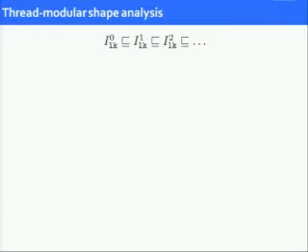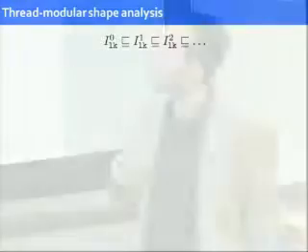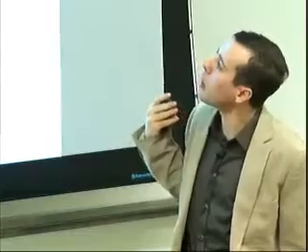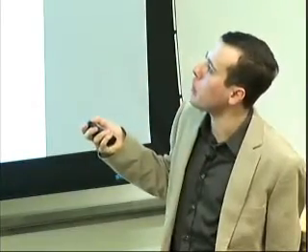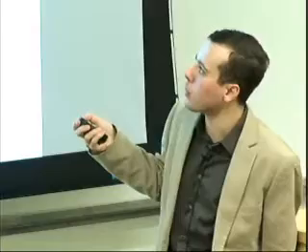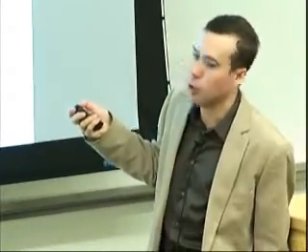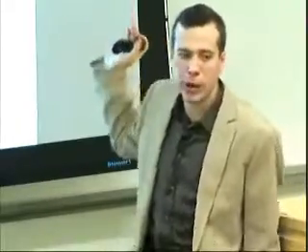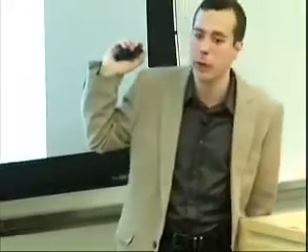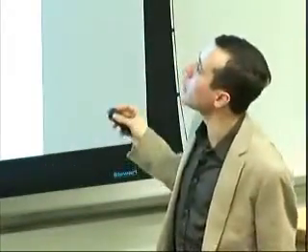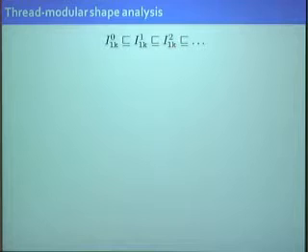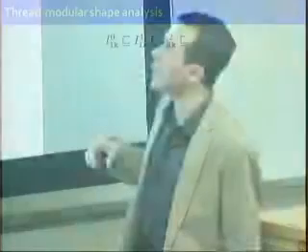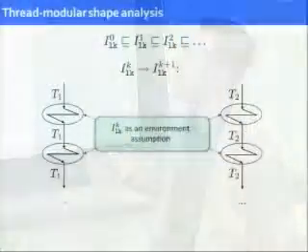OK, so here is the bird's eye view of the analysis. What the analysis will do is it will take some initial approximation of every resource invariant for every lock, which at the moment I'm not going to tell you where I get that from, but suppose we have it. And the analysis is going to construct an increasing chain of approximations to this resource invariant for this lock until this chain stabilizes. So by increasing, I mean that the next element in the chain describes more states than the previous element.